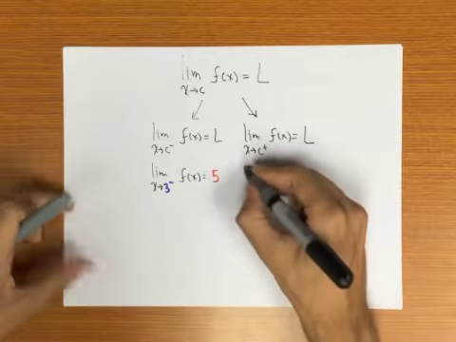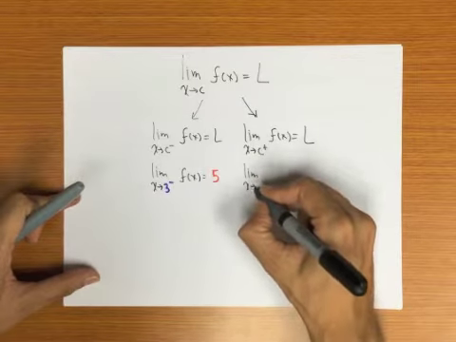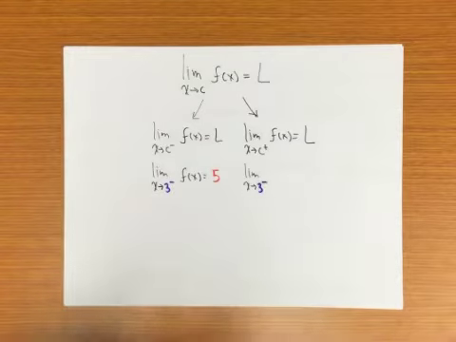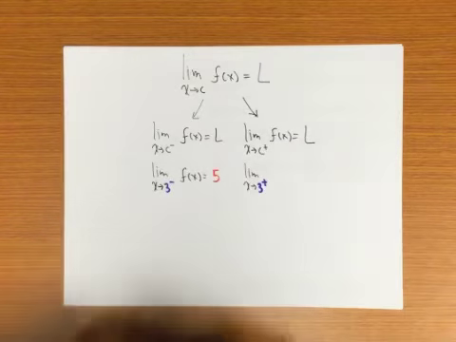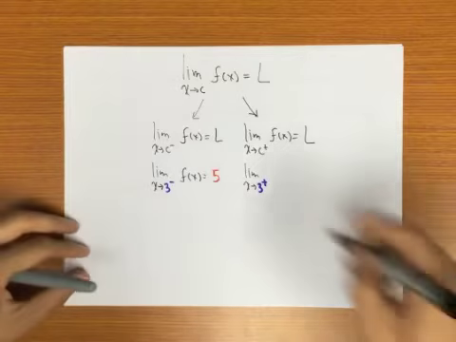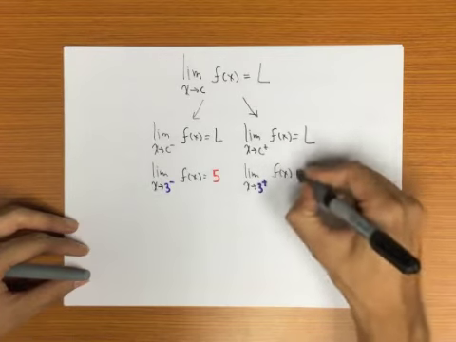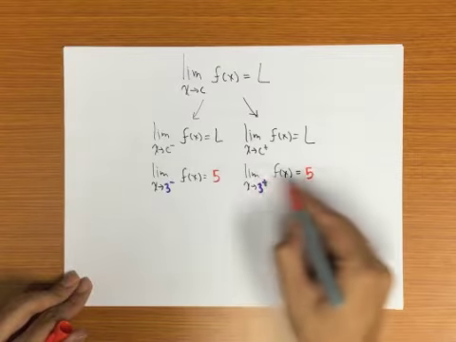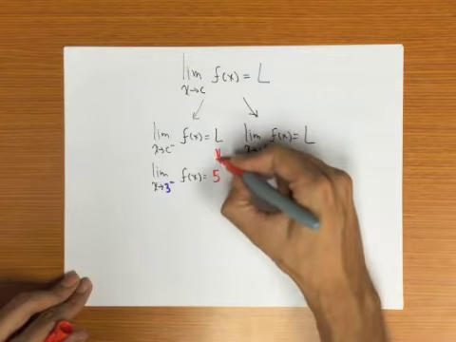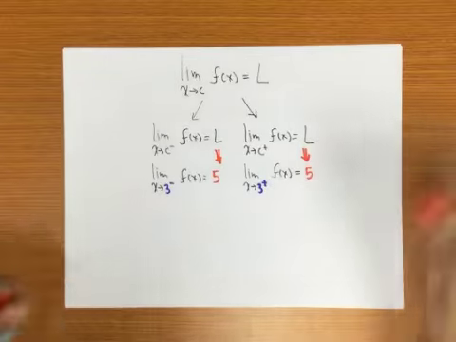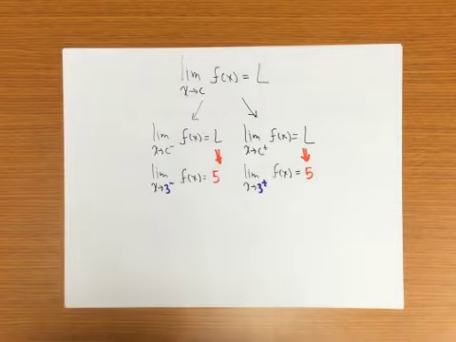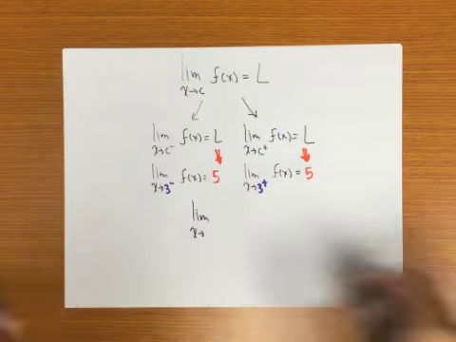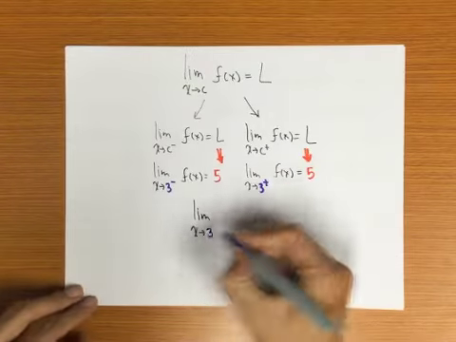And from the right side, the limit when x approaches 3 from the right side of the same f of x is equal to the same number 5. When we have this coincidence between numbers 5 and 5,